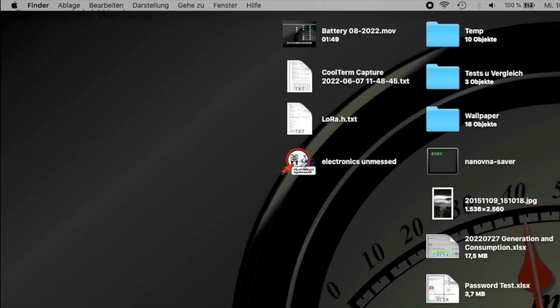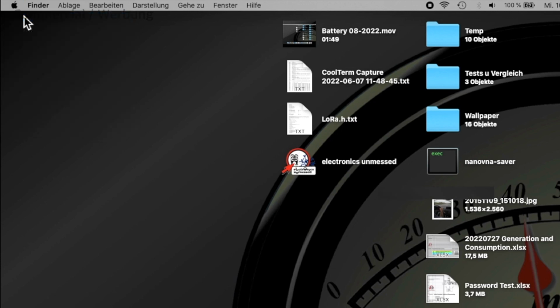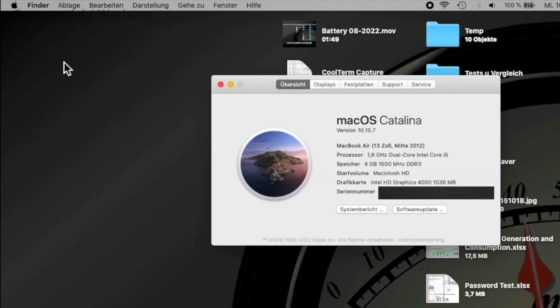Okay, let's now take the practical example. Like on every Apple computer, you will find the version details and the construction year very quickly here. In my case, it says that I have the model from mid-2012. Since I bought it in 2013, it is in use now for 9 years. This is quite a long time for a laptop computer, isn't it?